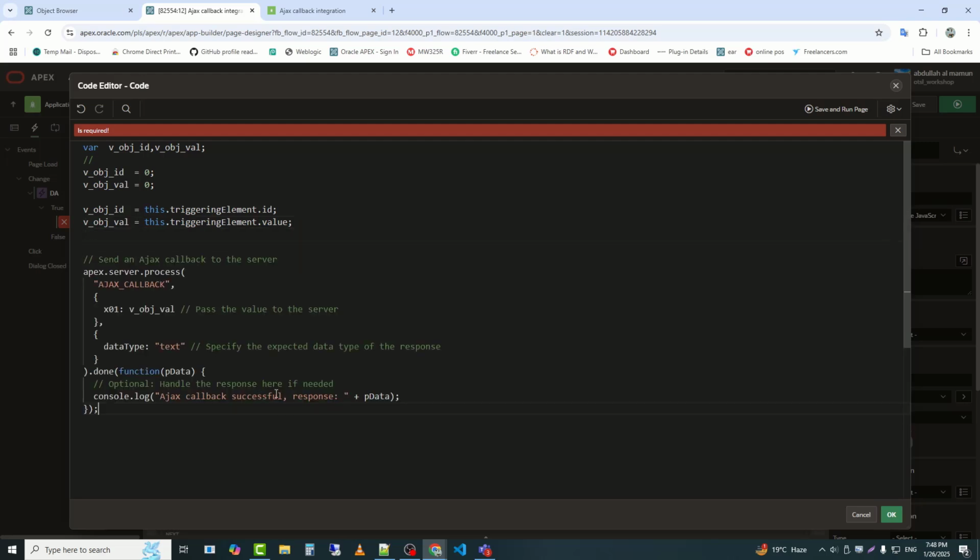This code sends an AJAX callback to the server, passing v_obj_val as x01. Upon success, it logs the server's response, pData, in the console.